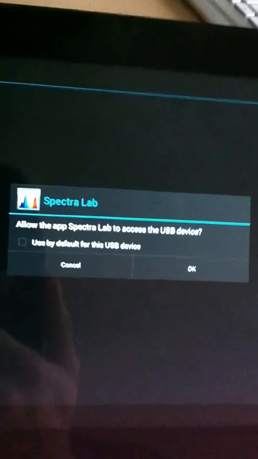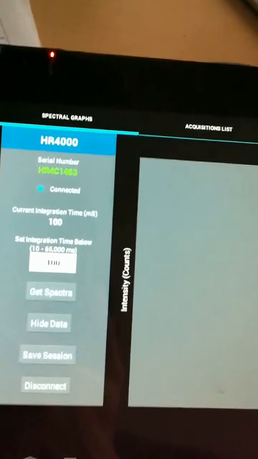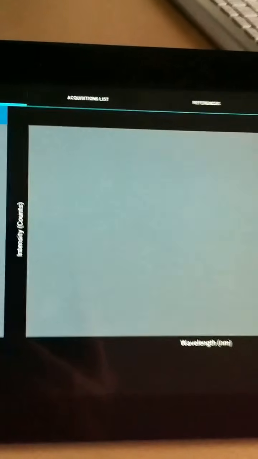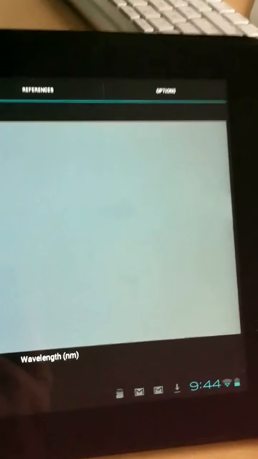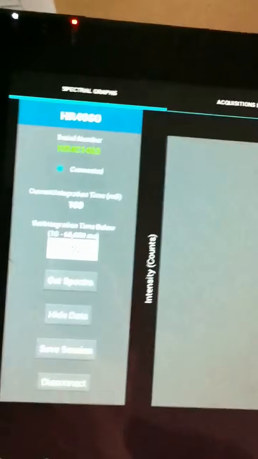It'll take you to the connection screen where you can connect to the spectrometer, hit connect. The app will ask you for access to the USB, hit OK. And it'll take you to one of the main screens here, which is the Spectral Graphs tab. There is a graphing area here on the right, wavelength and intensity, and a control panel here on the left